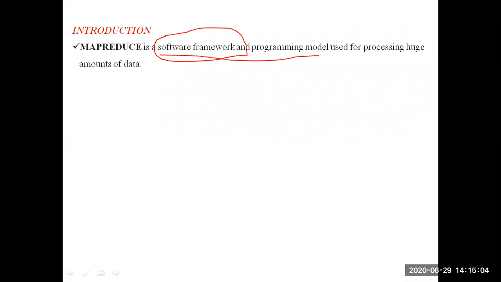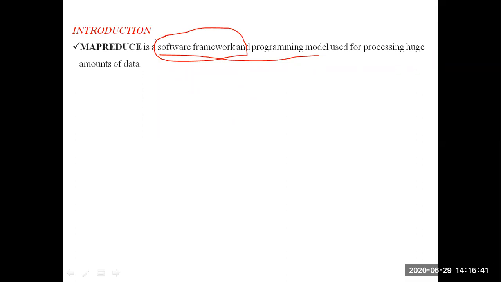In simple words, how can we understand what a framework means? For example, if you want to find the factorial of a given number, actually we have to write the total logic of the factorial. That is a user-written function. Instead of that, there is a predefined function available. To find the factorial, simply we call that predefined function, give it the input, and we get the answer. That means it is a framework, a readily available one.